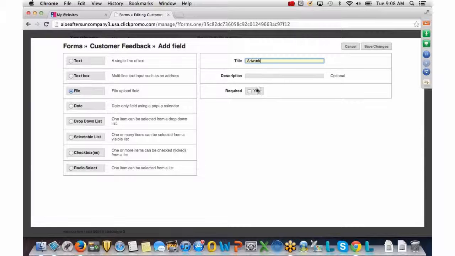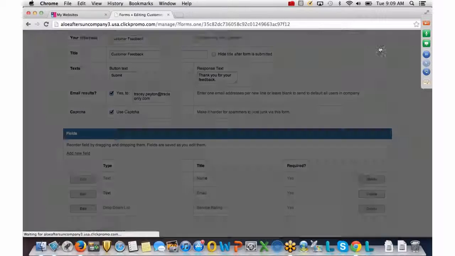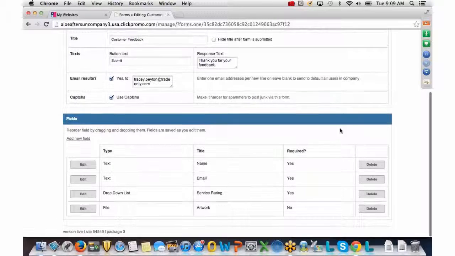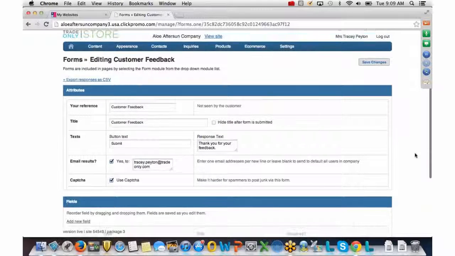And description is optional, but if I want them to have to upload a file, I can say that this is a required field. Now, if I don't want it to be a required field, then I just don't check that yes. And you can see again, there's some other areas and fields that you can add. If I go ahead and save my changes, you'll see now that I've added a file field to that form. So if I save those changes again to that form that I've edited,